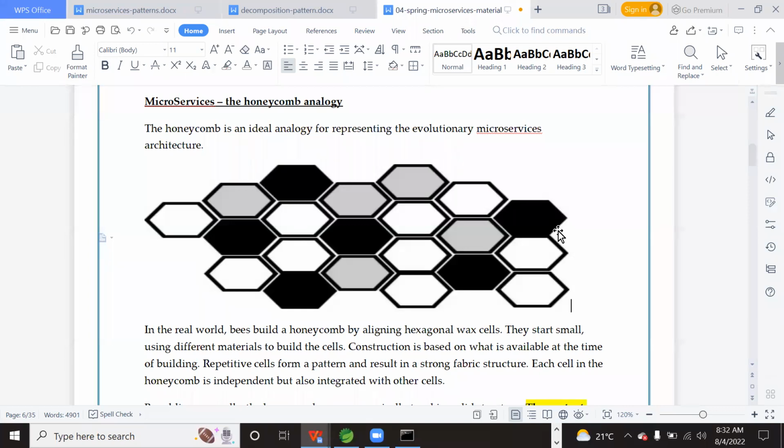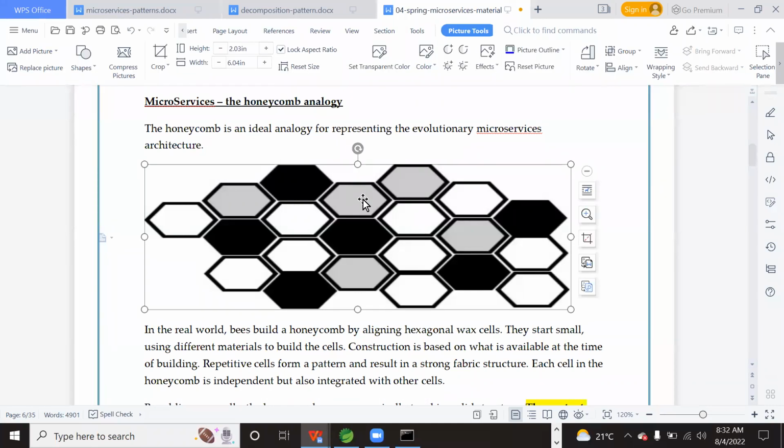Okay, perfect. Now, this honeycomb analogy is talking about a few points. Honeybees are divided into smaller groups. Point number one: honeybees will construct these smaller wax cells.